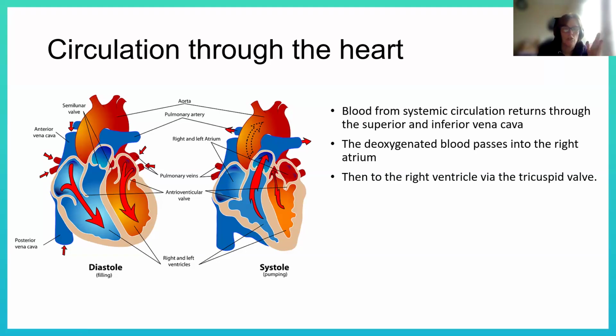When it contracts, you can see here, it's really clearly squeezing from the bottom up, the ventricles, and you can see in this diagram, those valves have closed while it's squeezed, so the blood can't get back into the atria here and here